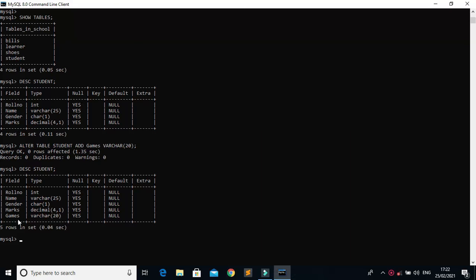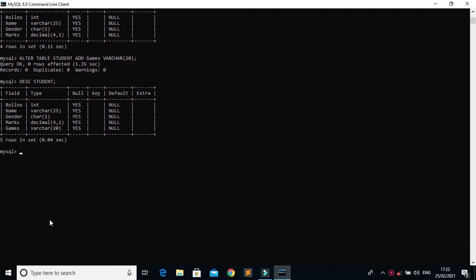Now the next one: if you need to modify the data type of games from varchar into a different data type, that is also possible with the ALTER TABLE statement. We just write ALTER TABLE and the name of the table, that is student. We write MODIFY in place of ADD and DROP.